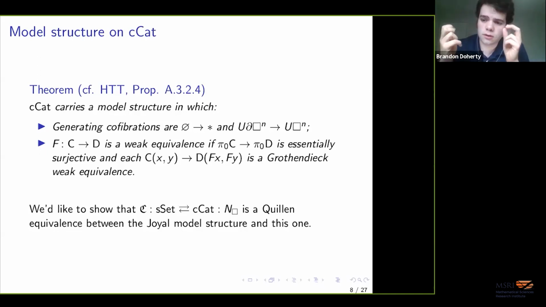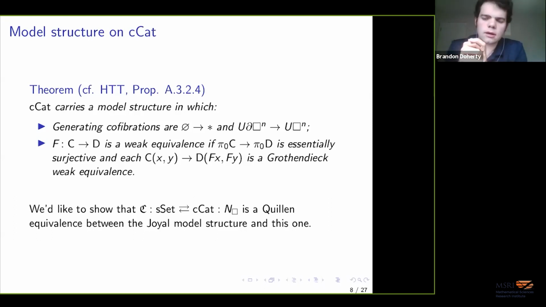So our goal then, to be precise, is to show that C and the cubical homotopy coherent nerve of Kapulkin and Voevodsky form a Quillen equivalence between the Joyal model structure on simplicial sets and this model structure on cubical categories. So one more thing I should say about this, to be precise before I move on,